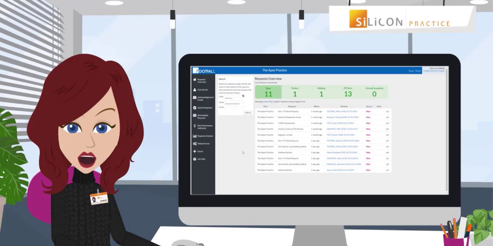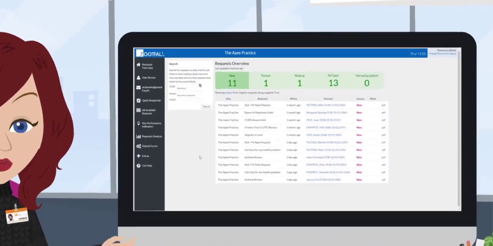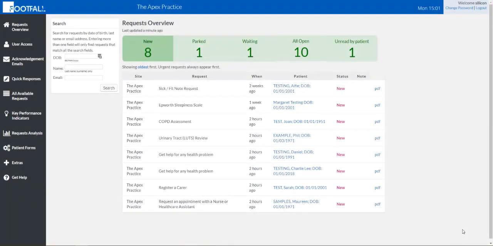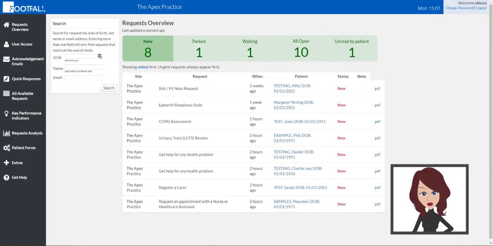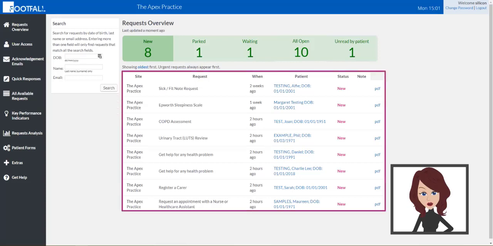Today I'll be showing you a demonstration of the footfall dashboard. So this is the footfall dashboard, which is how practices receive and manage forms and requests that are sent in by patients and their proxies. We're logged in as the receptionist and we can see all of the forms that have come into the dashboard